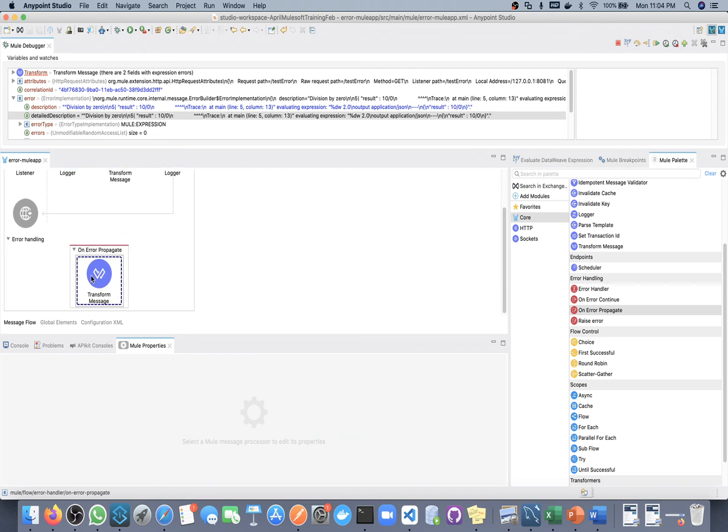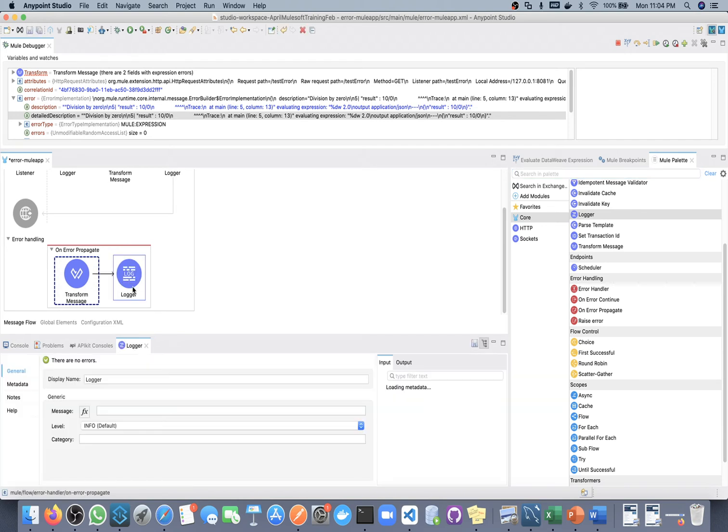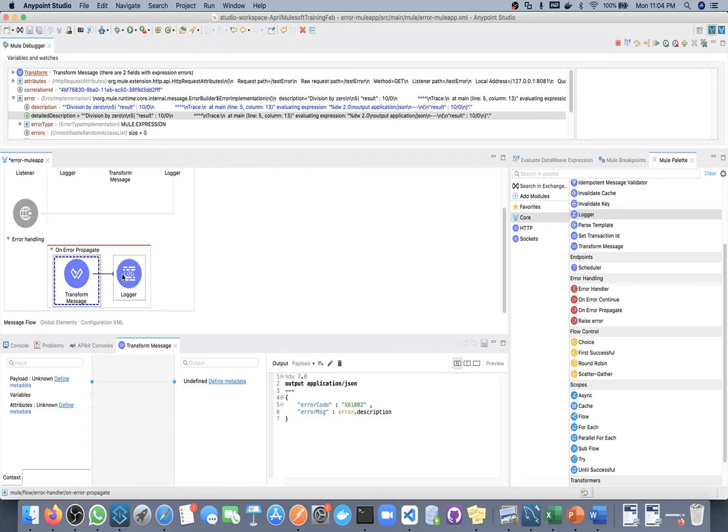Now whatever component you define here, till now we have one component. If we want we can add more components here. Generally we put this transform to set the final payload, error payload and HTTP status, and we also keep one logger, which will display a log message in case of an error scenario. For now we haven't configured this, so we will not get it, but this component we have configured. So our payload will be this, and our HTTP status will be 502. Let me complete this.